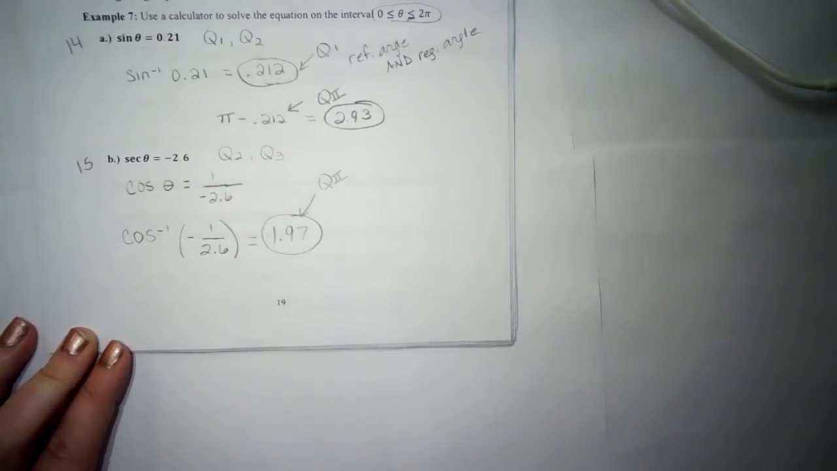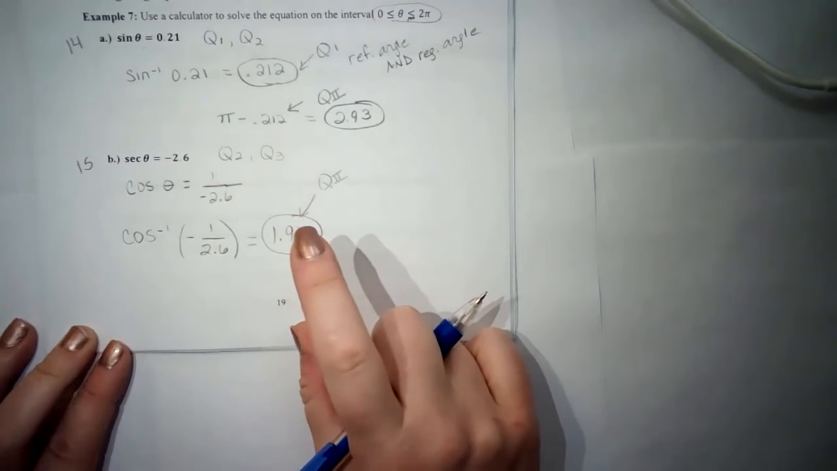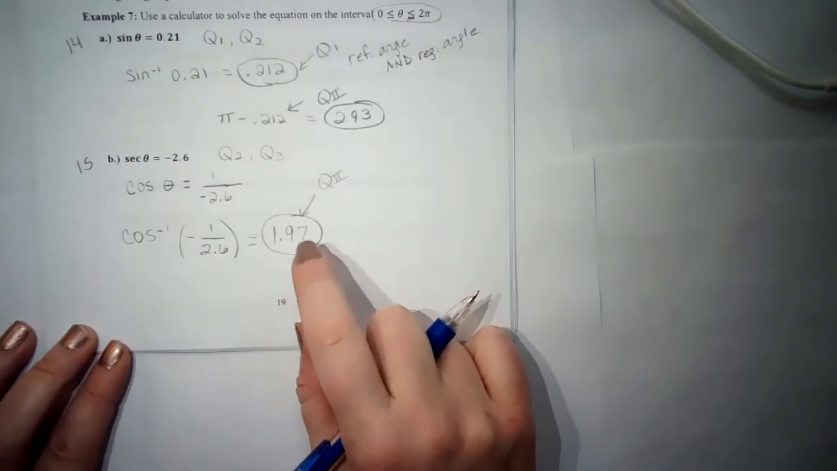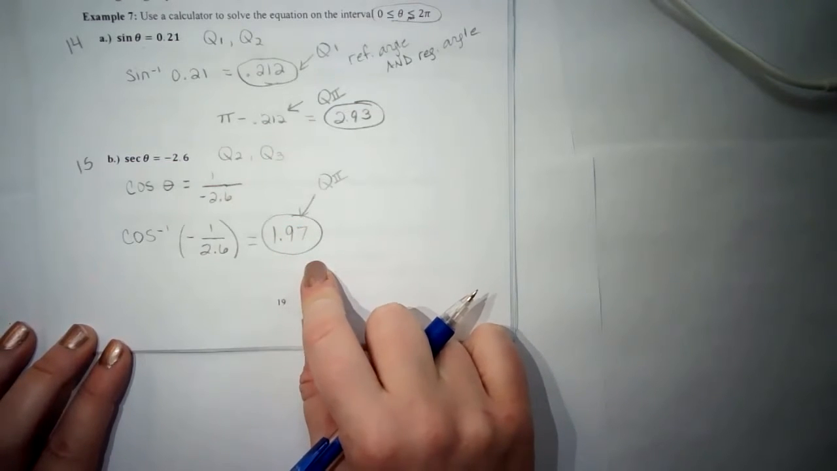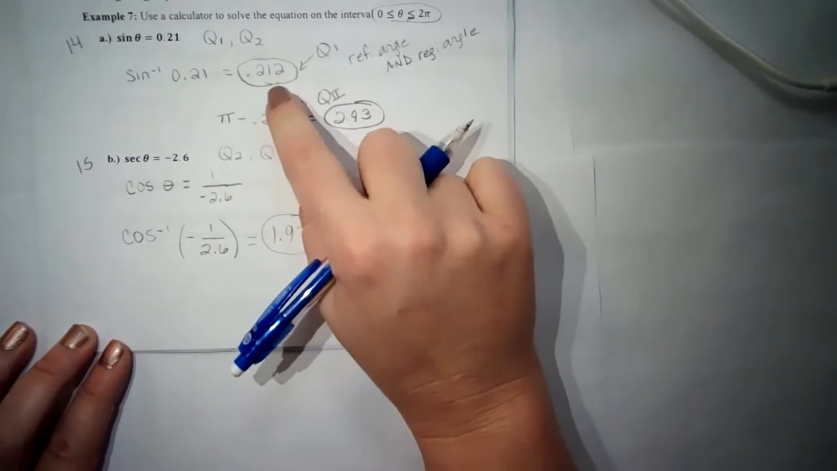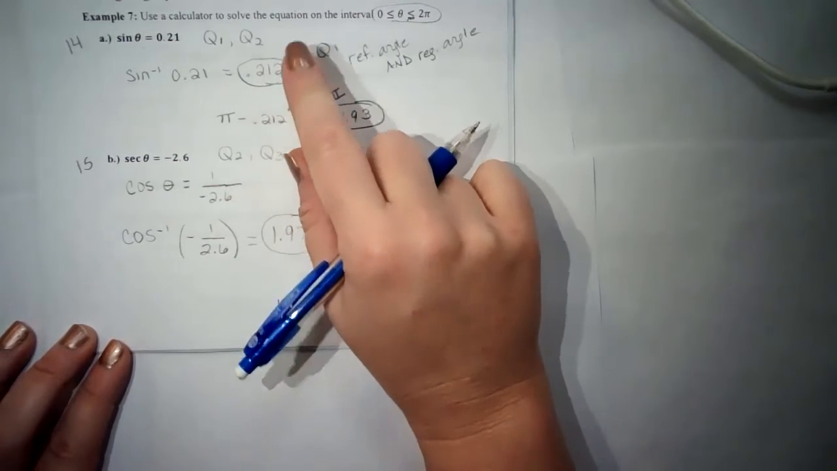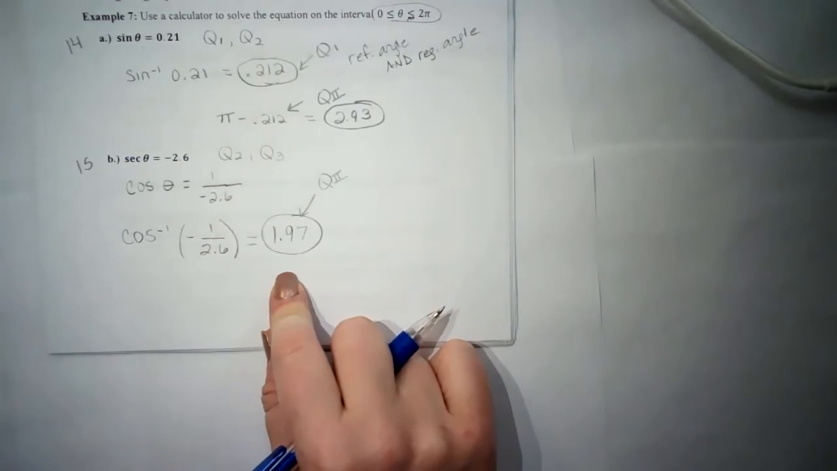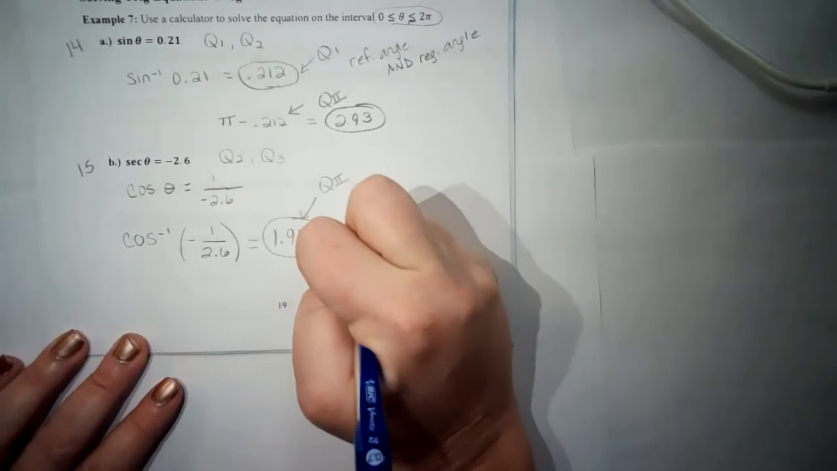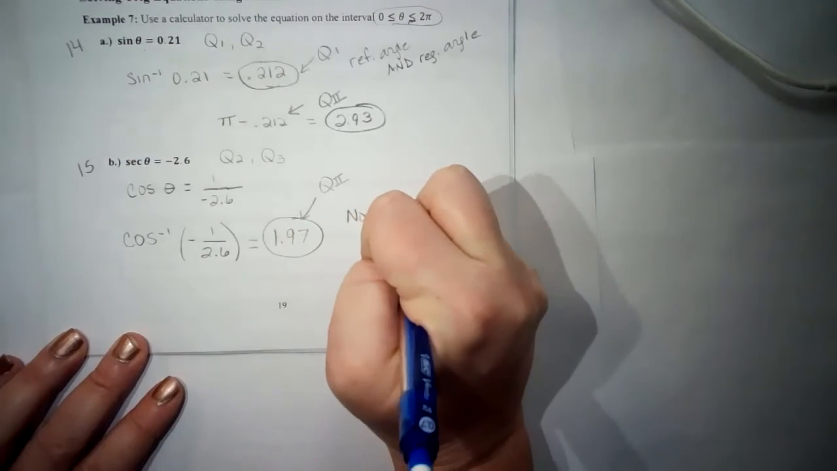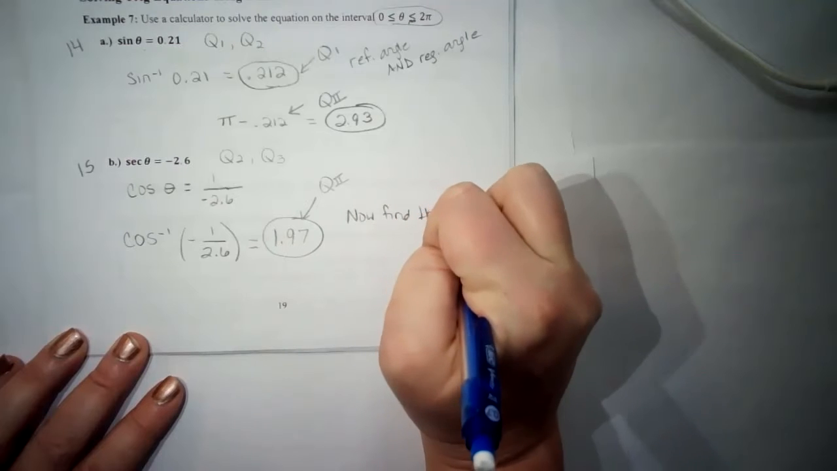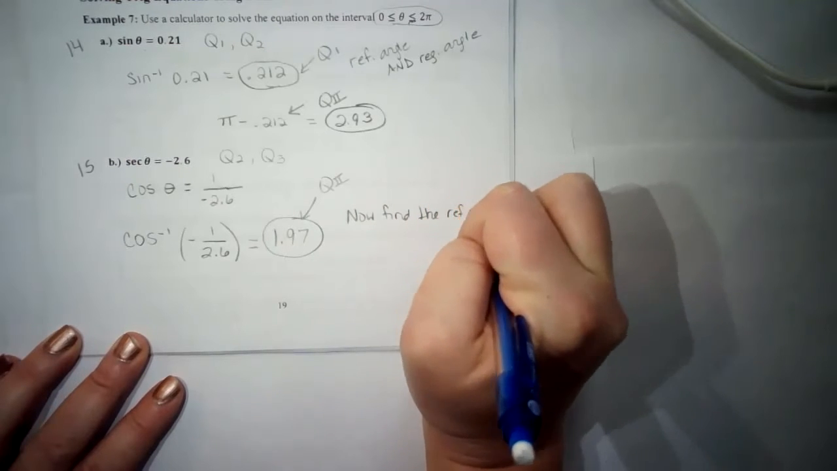Here's the tricky part. This is where things fell apart last time. All right, now I need to find the reference angle. He's not the reference angle. He was both because he was quadrant 1. Now I need to go to quadrant 2 and figure out how do I get the reference angle. So now find the reference angle